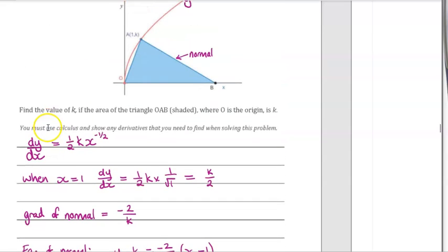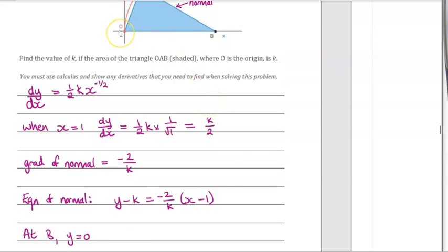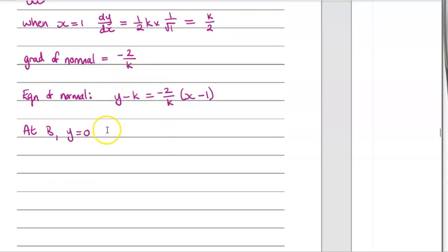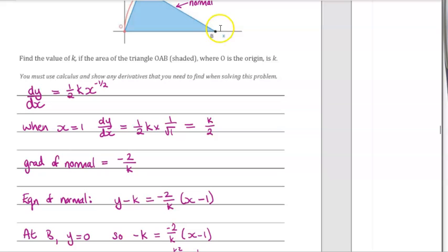Now at B, this point here, that's what we're trying to work out. Y is 0. So if we can put 0 into that equation, we can work out where it crosses the axis. So when y is 0, we get this to be true. Working that through, x is equal to k squared over 2 plus 1. Okay, so now we can do the area of the triangle because we know where this crosses the axis,